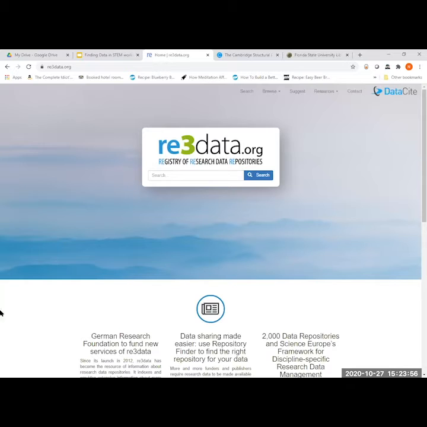If we're looking for data in our particular discipline or our particular research project, we can use this site to find that data. And to do that, let's say we go up here to browse. And let's say we just know a particular subject, we work in a particular area, and we want to find data that's related to our project, but we don't know which repository or which place to start. So if we go up to browse and we click browse by subject here on Re3 data,